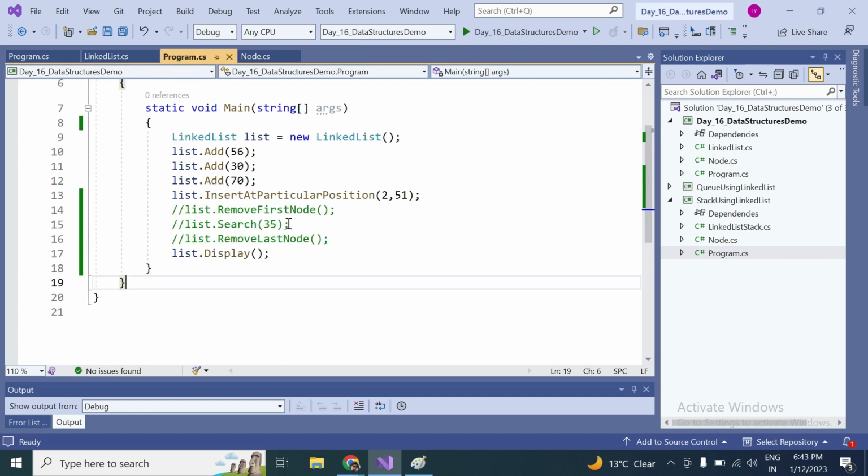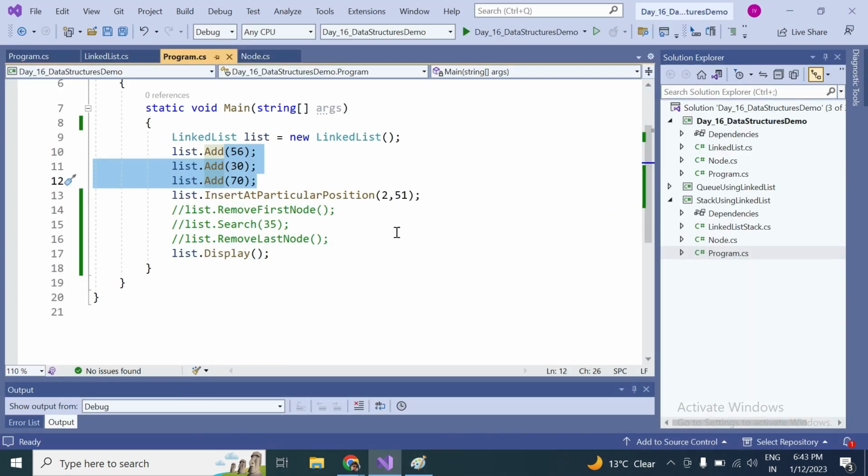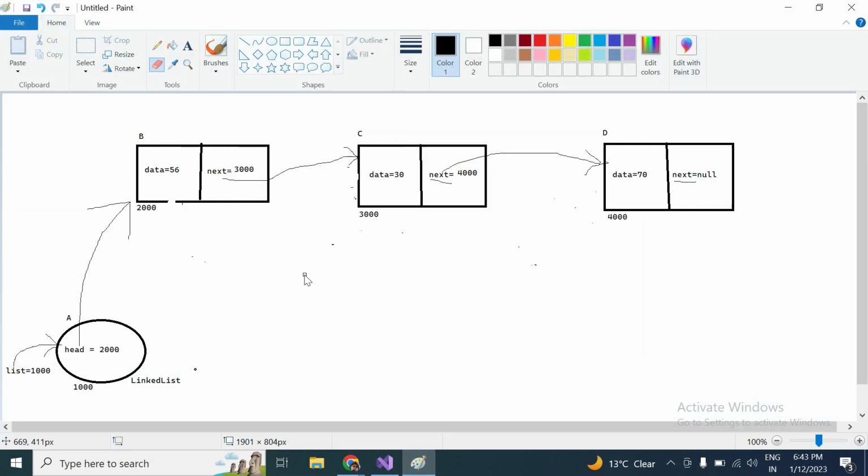So now we will discuss a few more methods that we have implemented in the linked list, like insert at a particular position. For example, we already have inserted these records: 56, 30 and 70. And if you remember, this was the diagram that we tried. So now we are trying to insert at second position 51, in the sense after B we want to insert